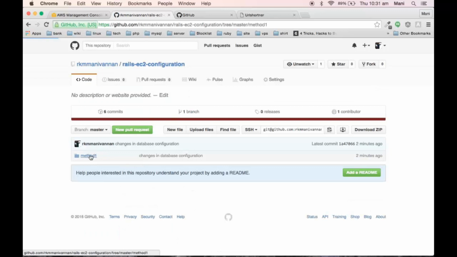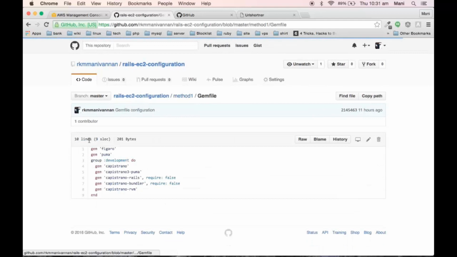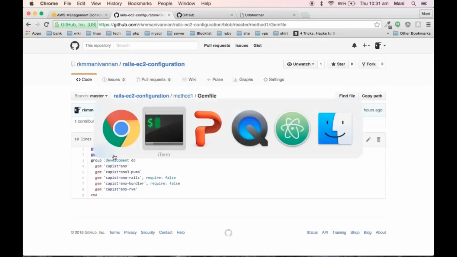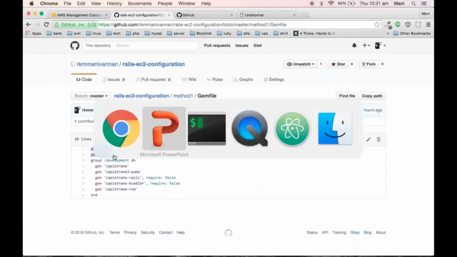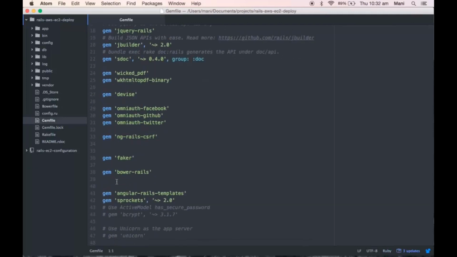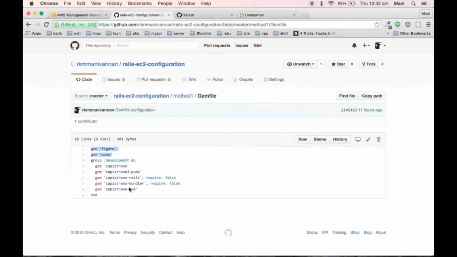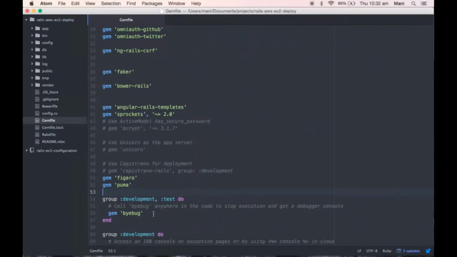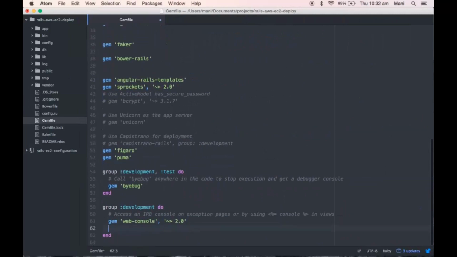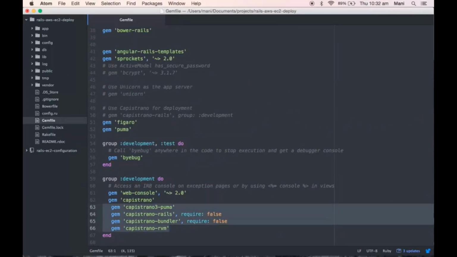I added some default configuration files here, so I'll make use of them. Once it's done, you need to do a bundle install.